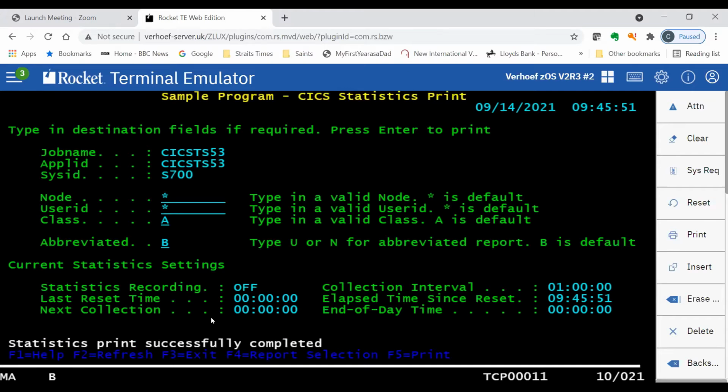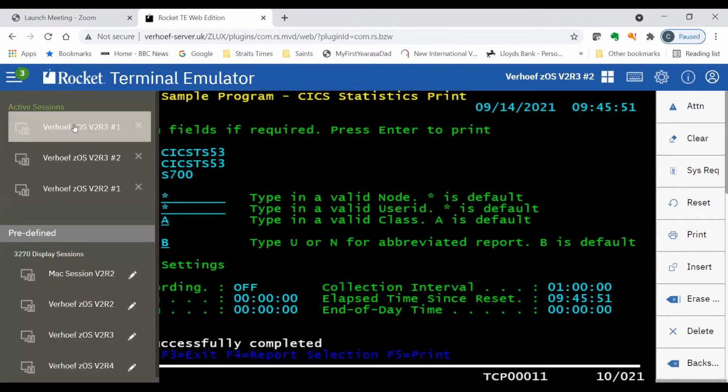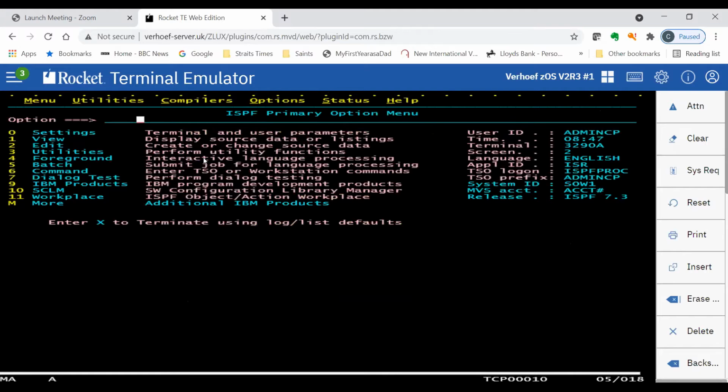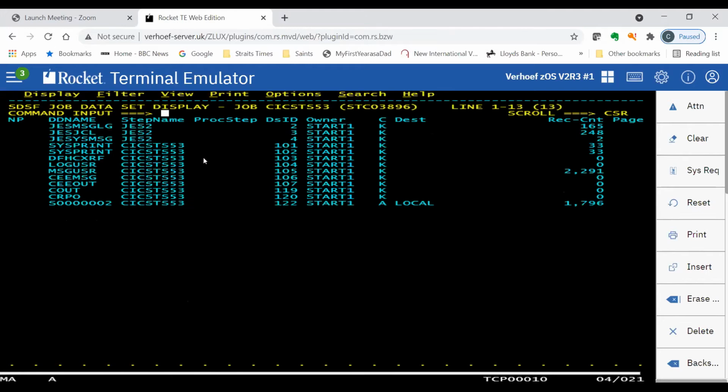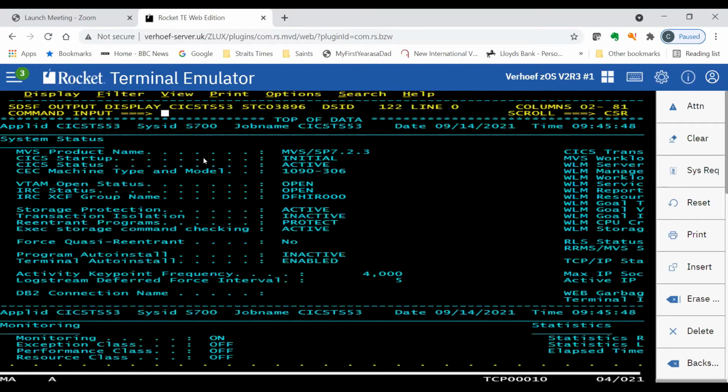So it's sent the statistics here. If I go into my CICS environment here, hit enter, and the statistics will be down the bottom under S00002. So I'll just select that, and there's all the statistics that I've captured.